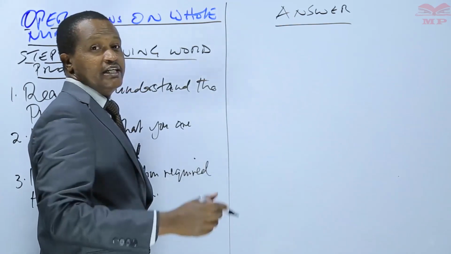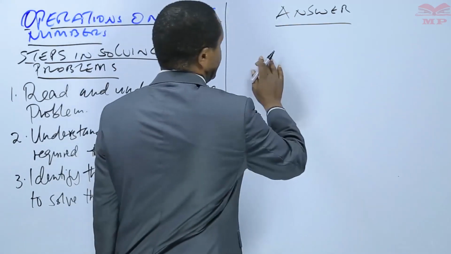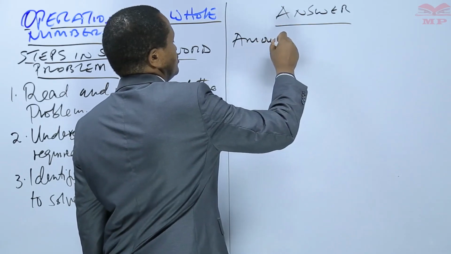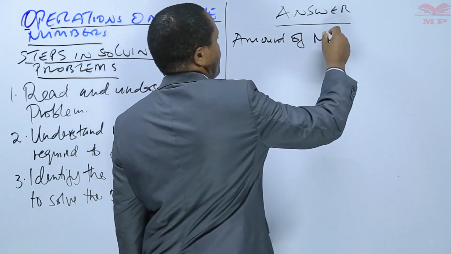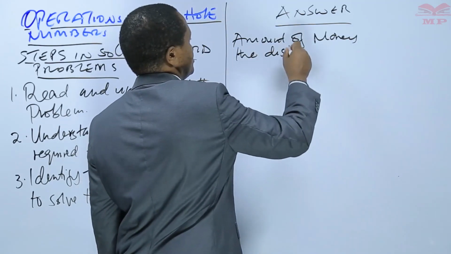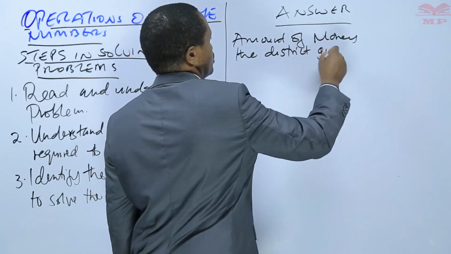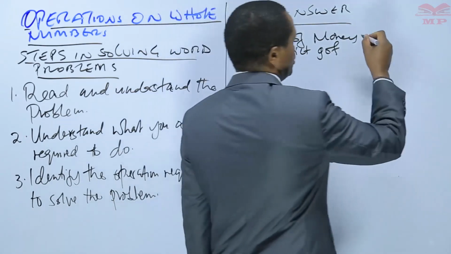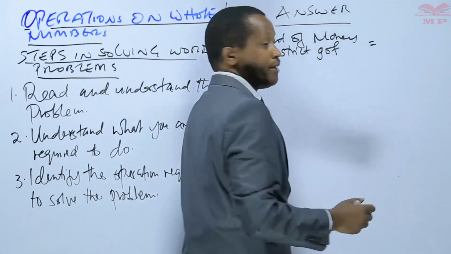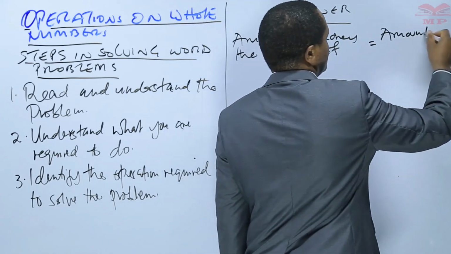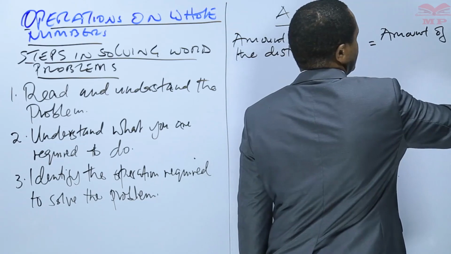So we say the amount of money the district got. The amount of money the district got will be equal to amount allocated in year 1,